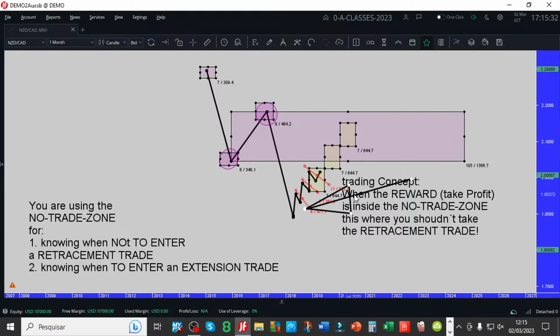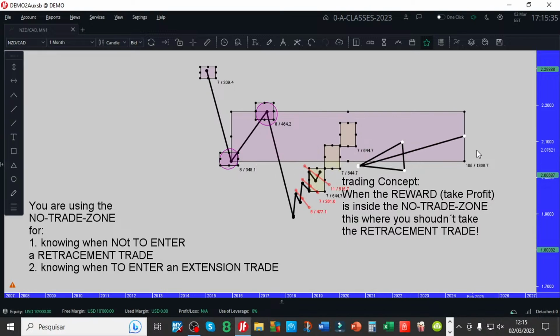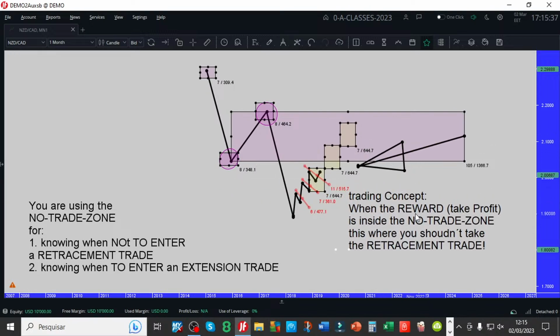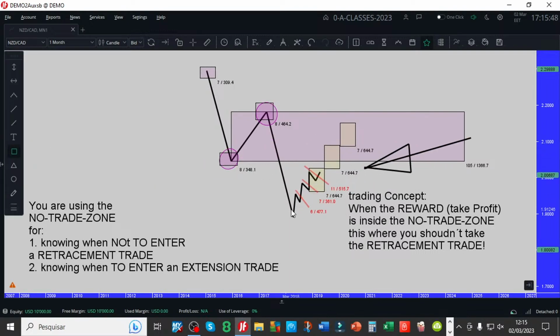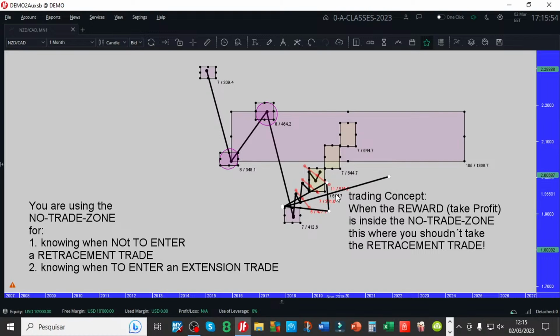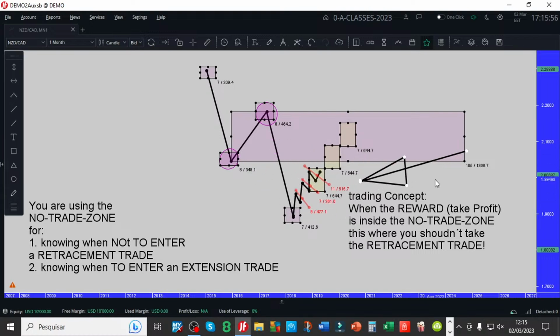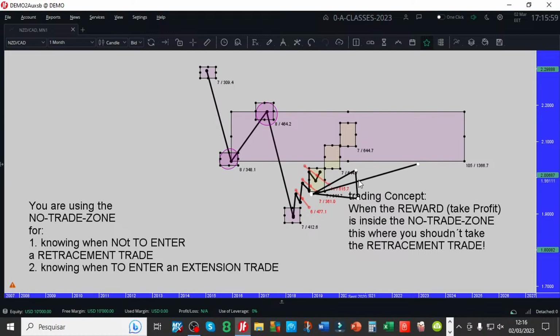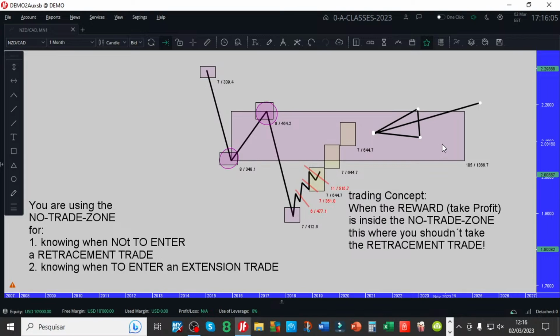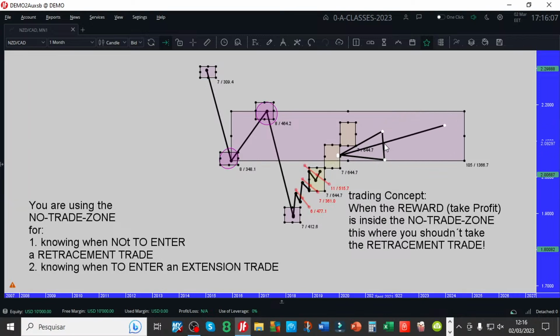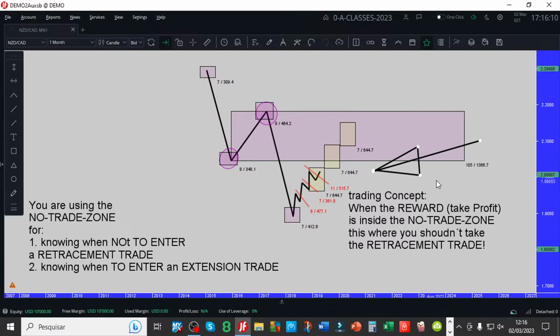Retracement trading, it's made from here to here. Okay, talking about probabilities. The retracement trading profit is made from this low up to this low. This is where money from the retracement is made. Now the deeper it gets, the riskier it becomes, right? We've learned this, everybody. Why? Because the deeper the retracement, the bigger the chance of the reversal.